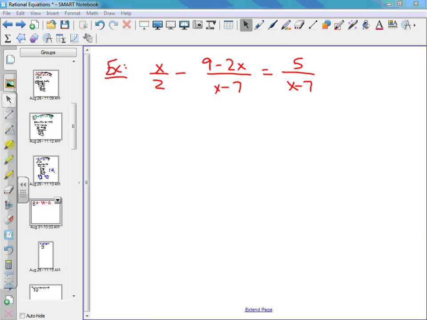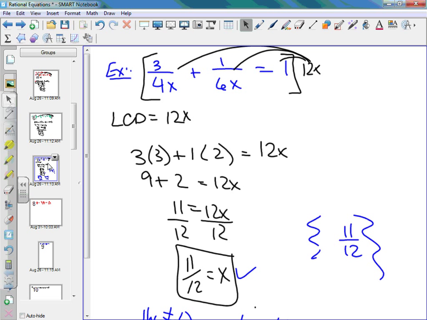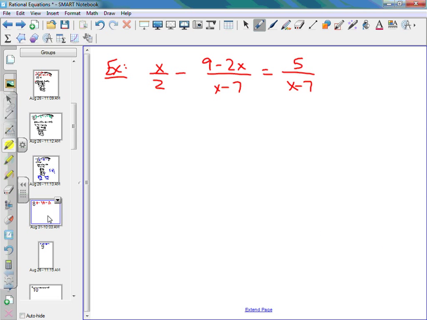Okay, the difference between this one and the previous problem. See, this one right here, I don't have a binomial, do I? Over here, this is a binomial because it's attached by addition or subtraction, right? Okay? So with that said,